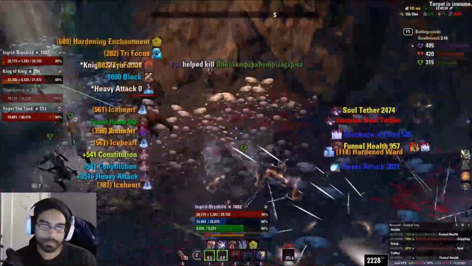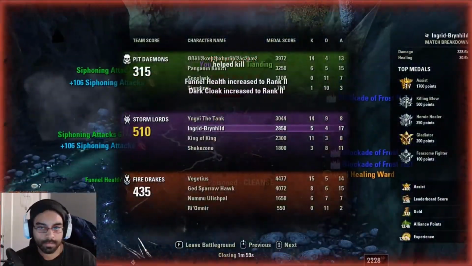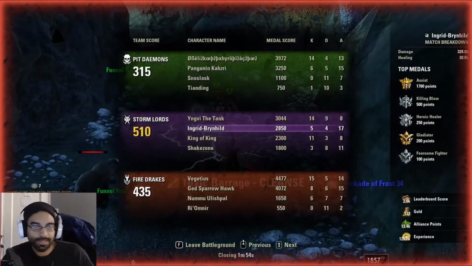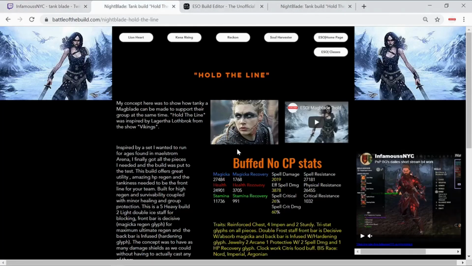I start pushing. I immediately drop my ult to secure the stun on that guy. I start pushing in on the green team. I'm taking an ult, and then we were able to secure the very last kill on this particular BG. This is basically what you want to do. It's just a really good clip on how to tank as a melee Magicka, as a Magicka Nightblade on this